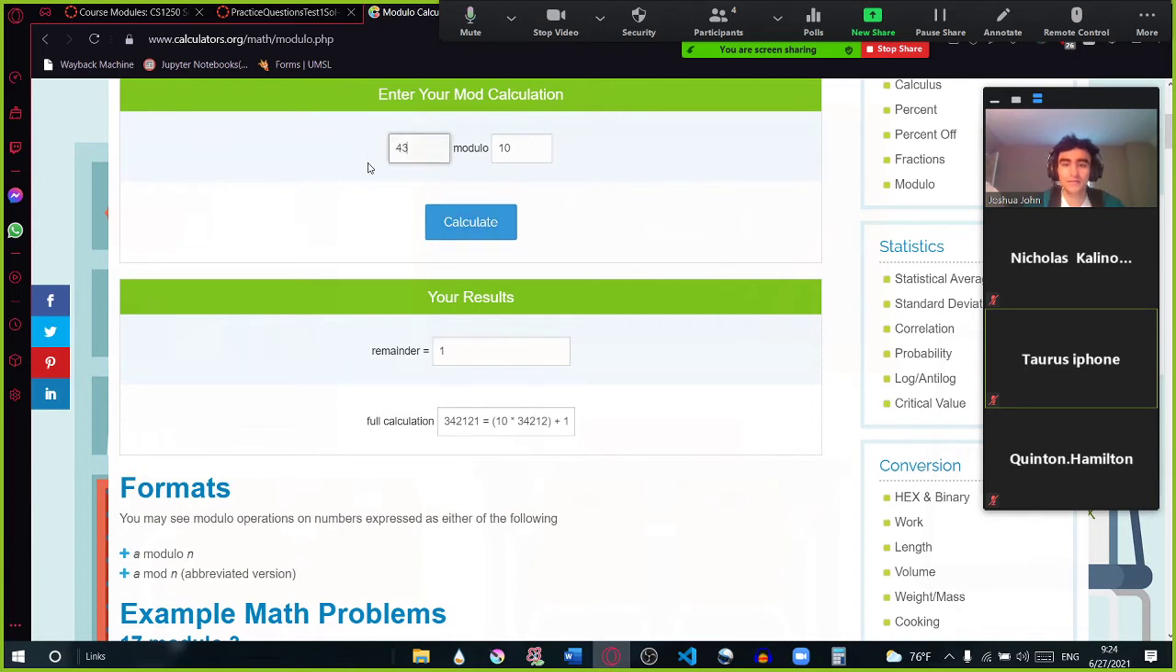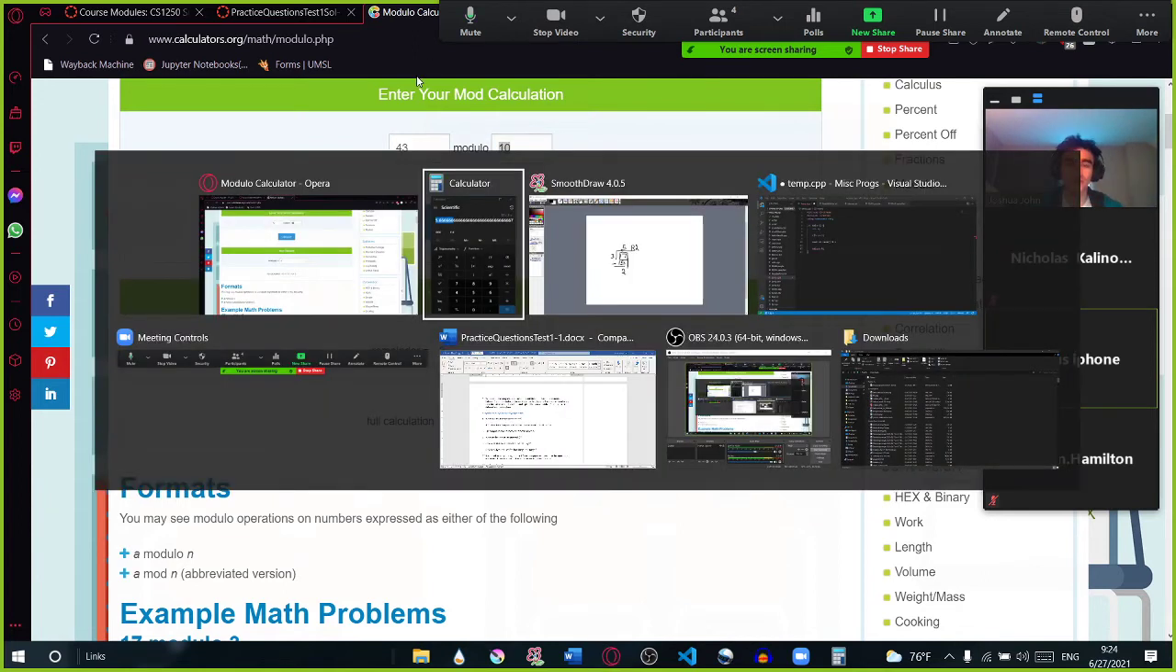Remainder is 1. Remainder is 3, right? It's never going to go past 9 though, because we're modding by 10. Now the remainder could be anywhere from 0 to 9. Okay, so you can kind of see that every time, if we wanted to restrict, right, we take our,